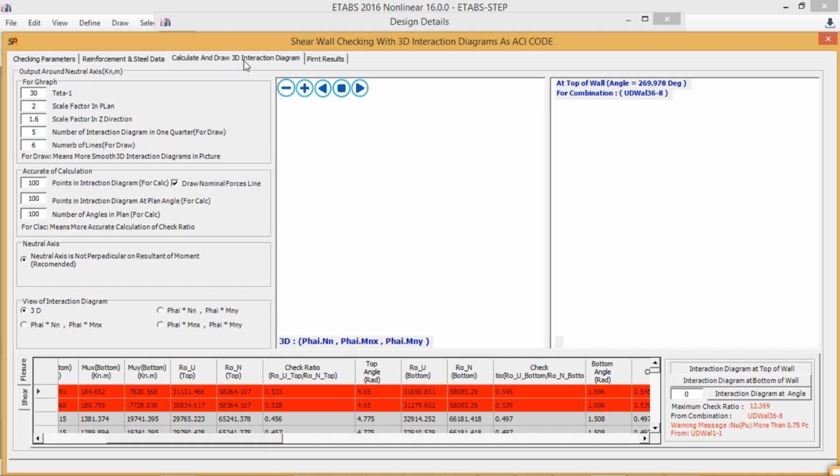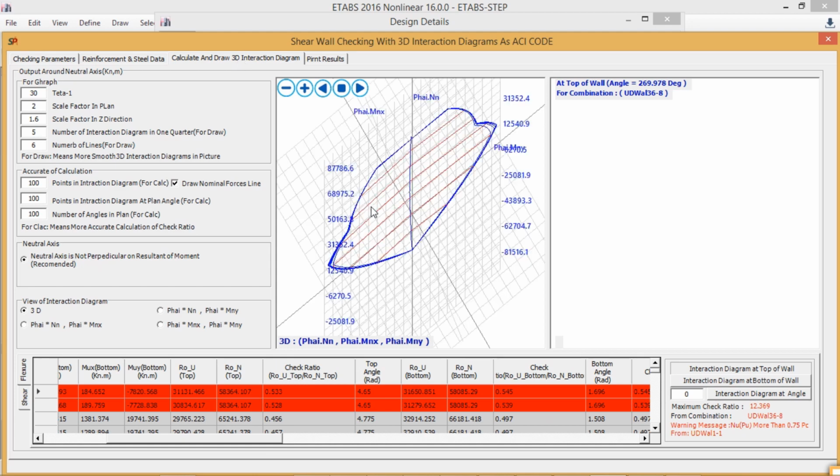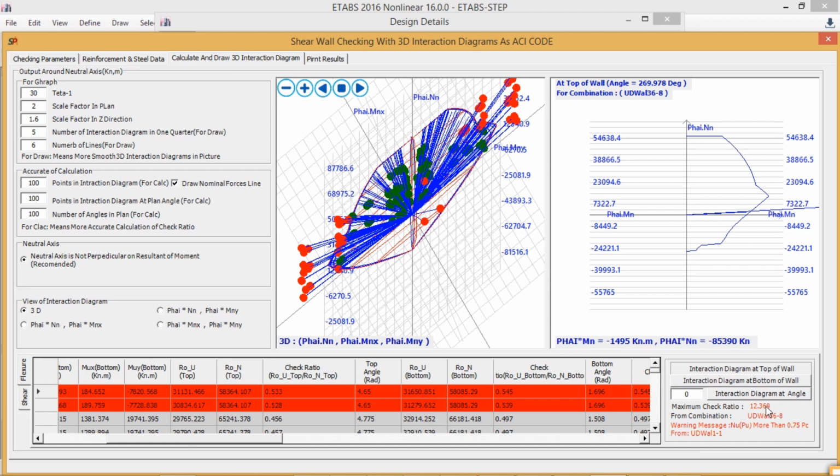Check, click again if the 3D interaction diagram is not shown. You can see now the checking ratio before 1.68, now 12.369, and there is a warning message: NU, the applied load, is more than the buckling critical load 0.75 PC from this combination. Of course the program checks all combinations, but this is now the first combination. See the program shows this warning message from this combination. This at top and at bottom,